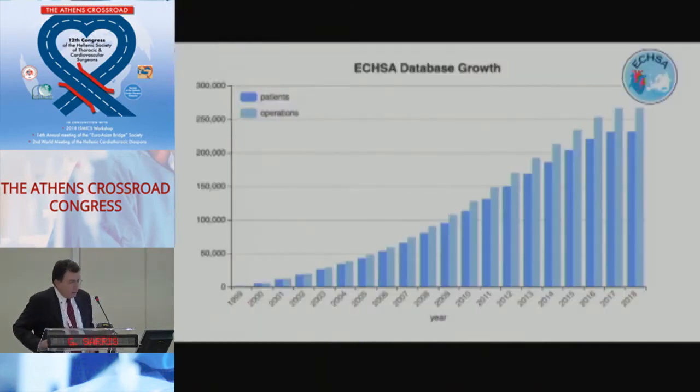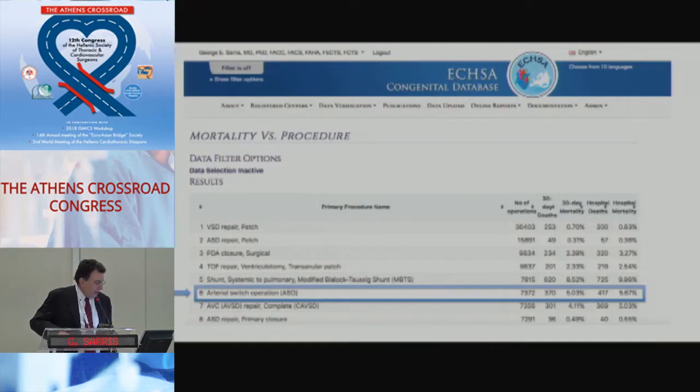ECSA, the European Congenital Heart Surgeons Association, has developed, in close cooperation with our sister organization in the United States, a very robust and huge database containing information on now almost 280,000 congenital operations. And in this database, you see that actually the arterial switch operation is the 6th most common